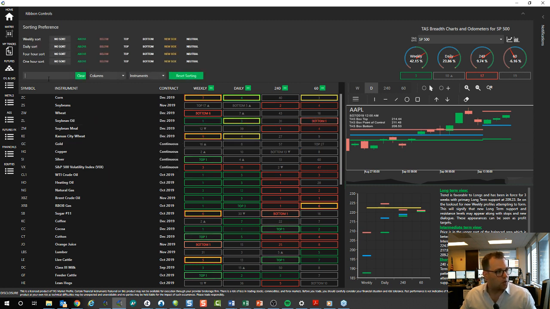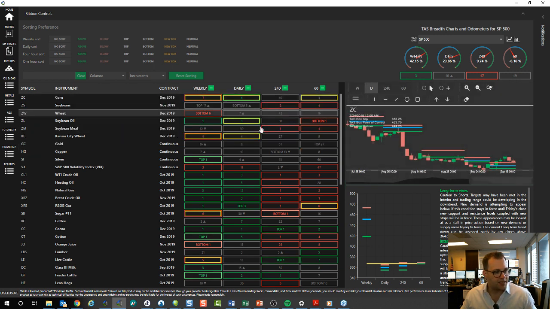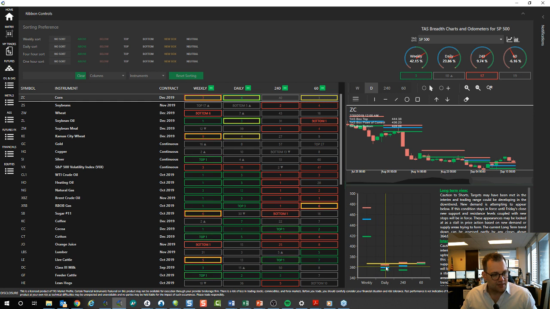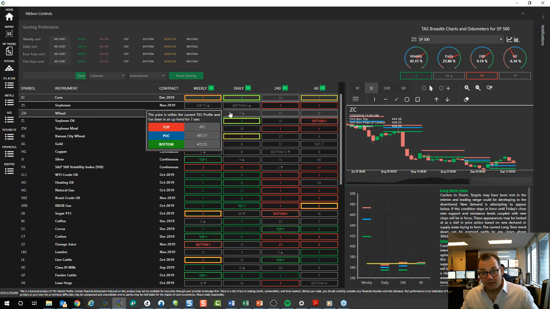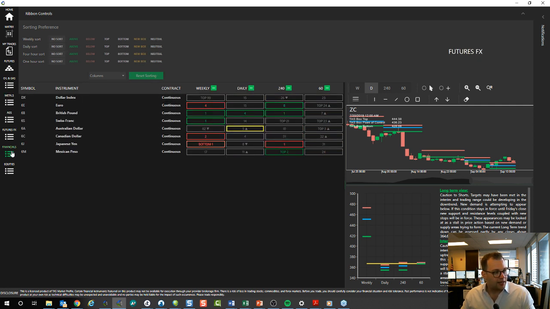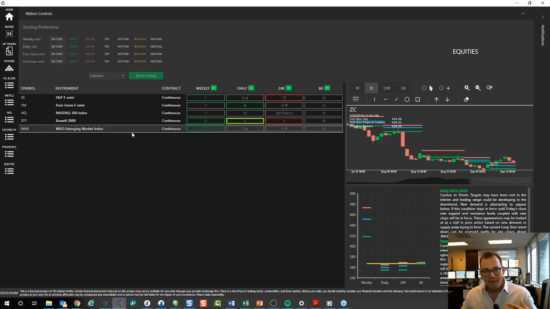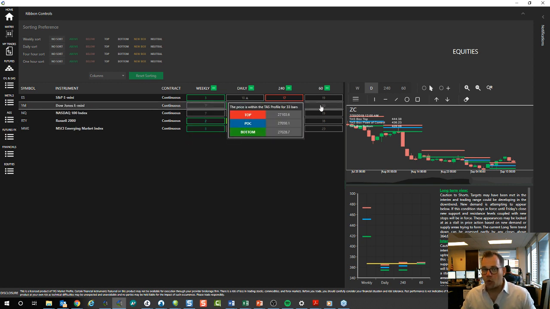This scanning tool allows you to go in there and automatically do that. You can see when you click on this corn, you can see the weekly levels, you can see the daily, you can see the 240, you can see the 60. And that's great if you have sectors that you follow and you can quickly click on these and see color-coded if we're imbalanced bullish, imbalanced bearish, gray is neutral, it's kind of maybe a horizontal market.